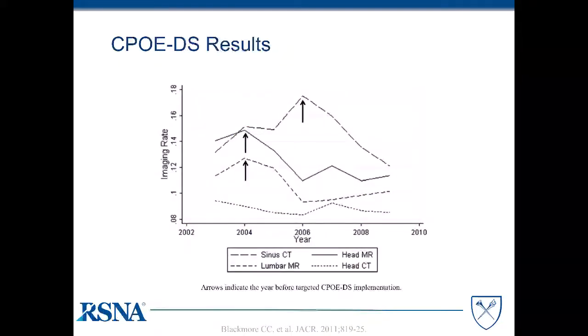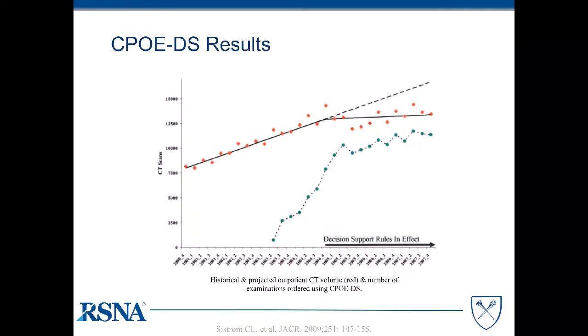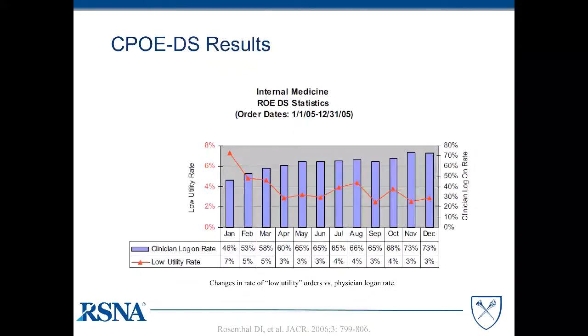Unlike the RBM industry, for which data are pretty thin, a more robust body of literature is showing good results for embedded decision support tools, like this one showing how the rates of imaging in low-yield scenarios dropped over several years after implementation of such a system. Or this one showing how ongoing quarterly growth in advanced imaging, in this case CT, slowed down after decision support rules went into effect. Not surprisingly, the more that physicians use these systems, the more that the rate of low